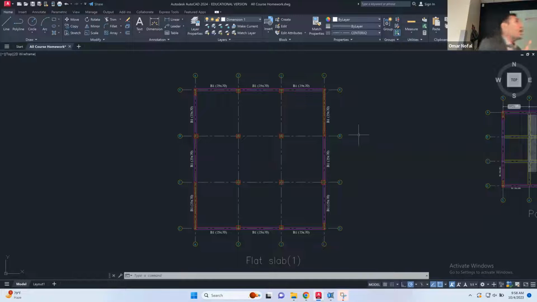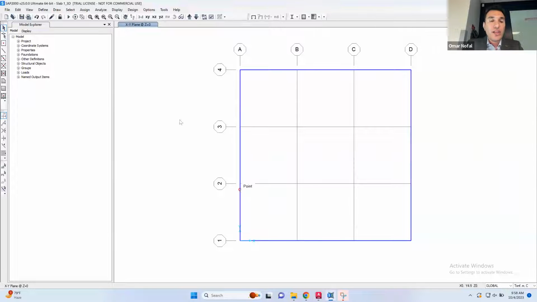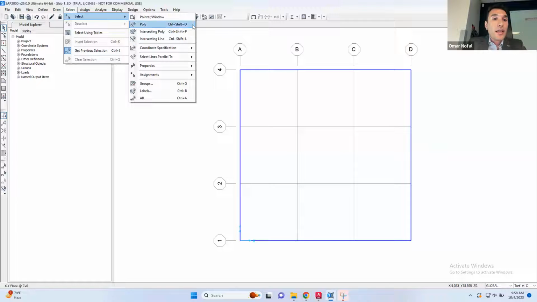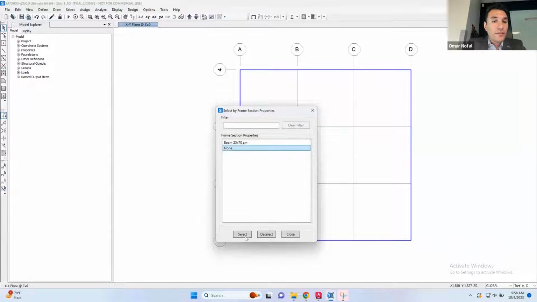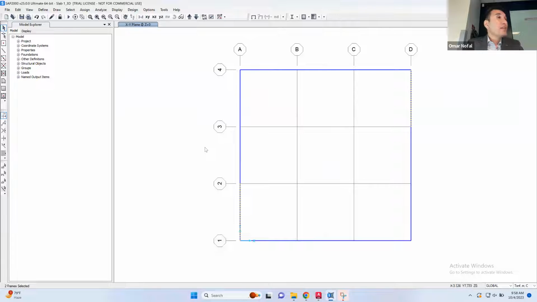Right now, I draw the wall as a frame element. And what I'm gonna do right now, I'm gonna select this frame element that I just drew. You can either select it manually, or you can go to select, and you will select the properties, frame sections, and you will click on none. So it will select all the frame sections that are named none in your model. And this is very helpful if you have 20 or 50 sections that are named none. So you don't have to select each one by one. So I select them. So what I'm gonna do right now, I'm gonna tell SAP2000,